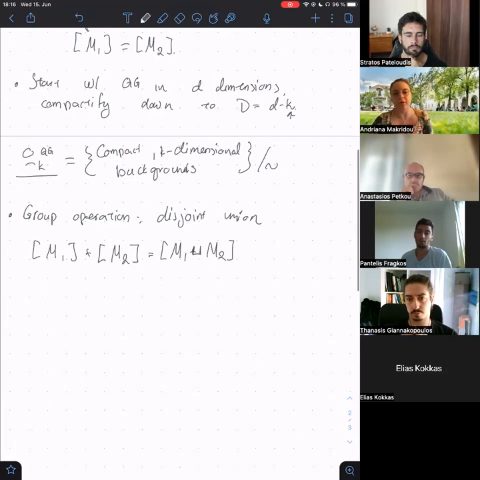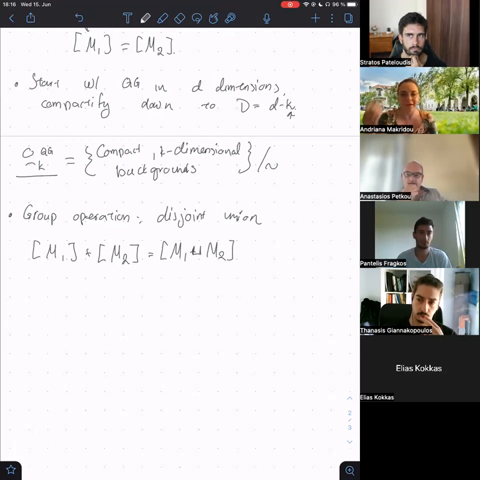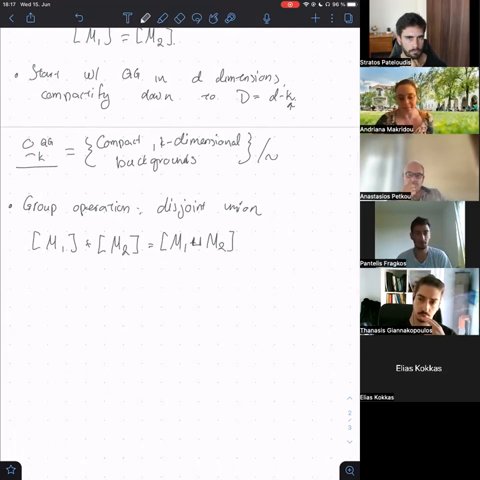This is what holds when we don't impose any additional condition. This is the simplest thing we can do. If, for example, we have orientation, let's say, the disjoint union will be the disjoint union with the reverse oriented M2, for example. But we see that this thing has no preferred ordering, so it's clear that the group we are constructing is going to be an abelian group.